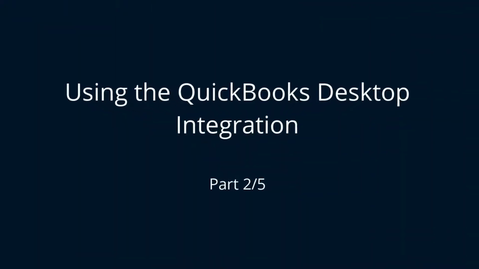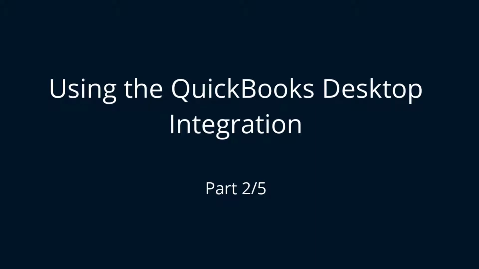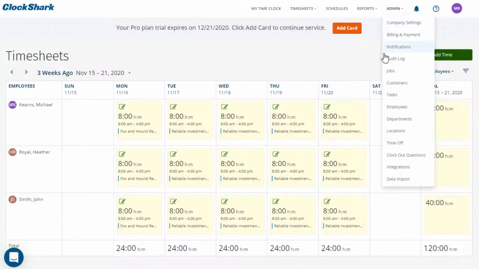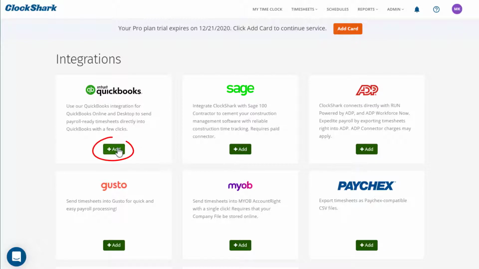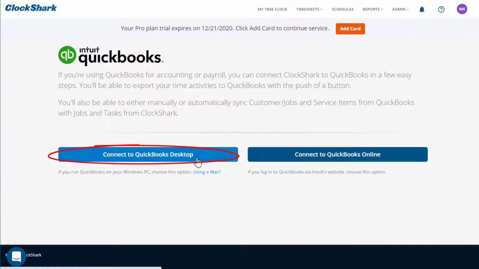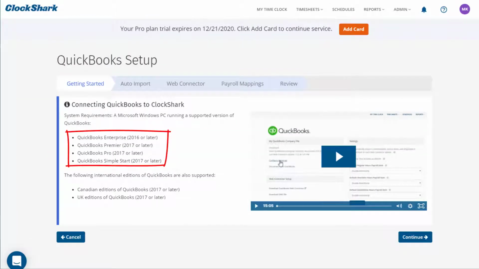To get started setting things up, go to your admin menu on the Clockshark website and select the Integrations option. Then select Add for QuickBooks. Then select QuickBooks Desktop. All recent versions of QuickBooks Desktop from the USA, Canada, and UK are supported on Windows